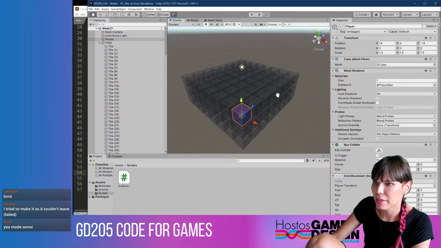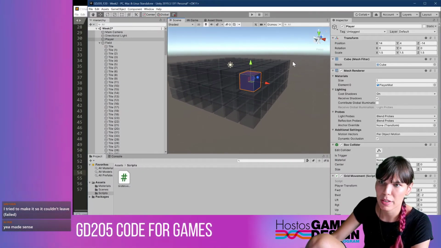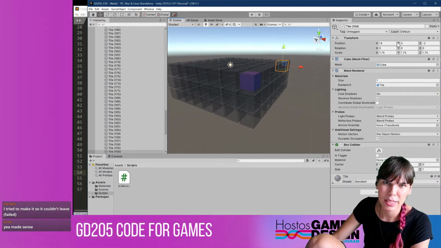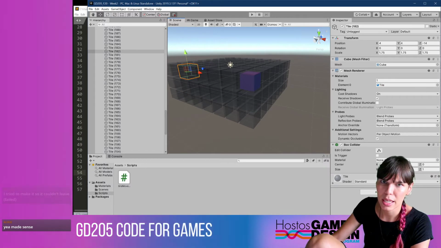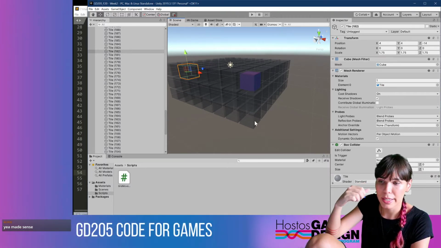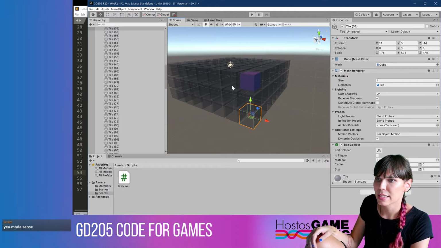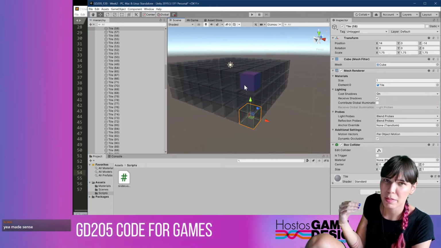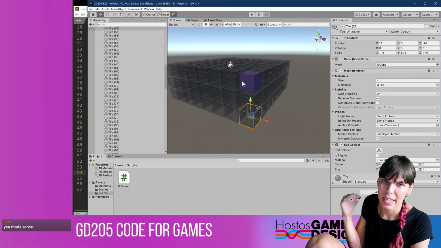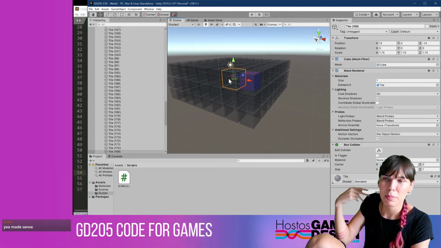So our top boundary here. If we look at each one of our objects, we could select one of the top ones. On the Y, we know that this is a position of 4. So all the ones on the top are a position of 4, and all the ones on the bottom are a position of 0. So as long as the position we're coming from is less than 4, then we can move into the new